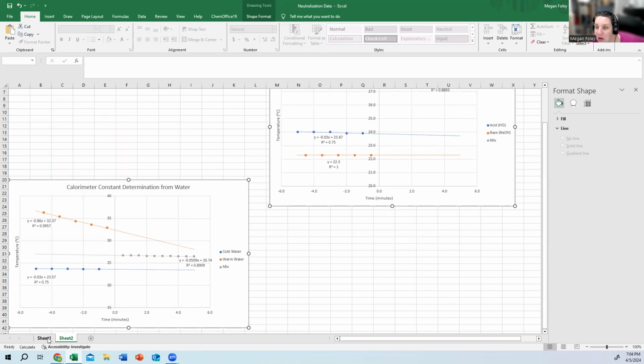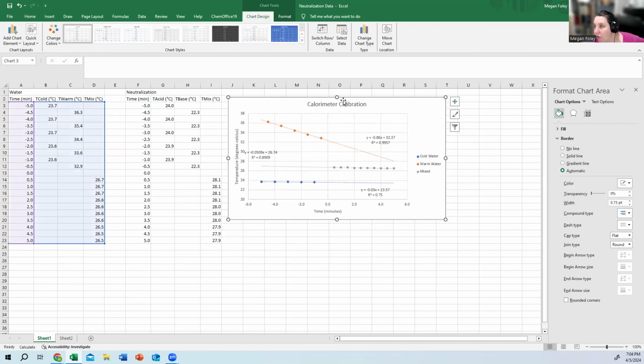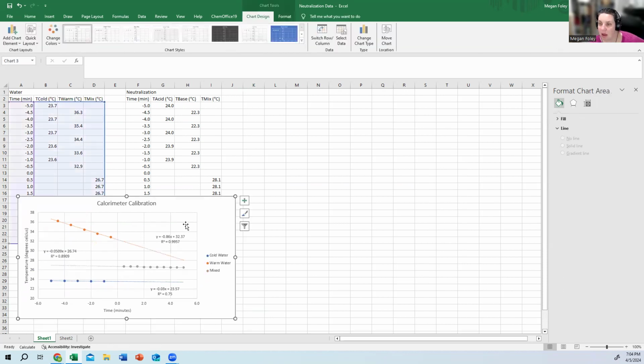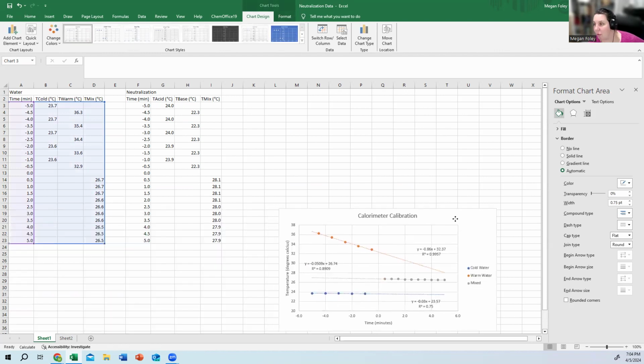Okay, so that is our first graph that we need to have in here. I see this is a little bit weirdly placed, so I'm just gonna move this a little bit further over. And okay, we want to do the same exact thing for